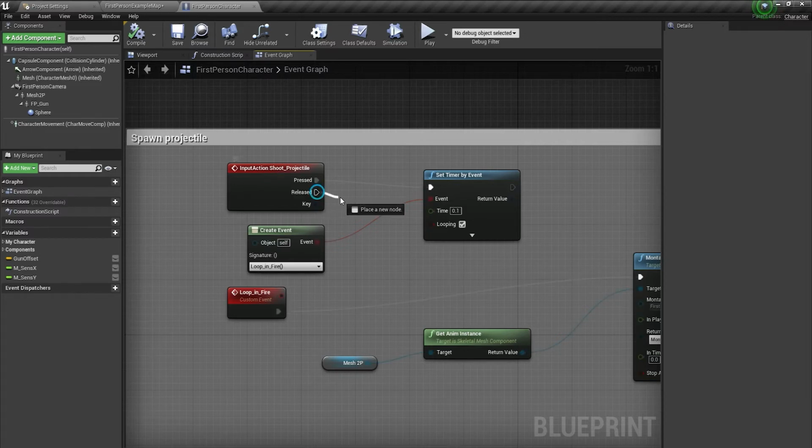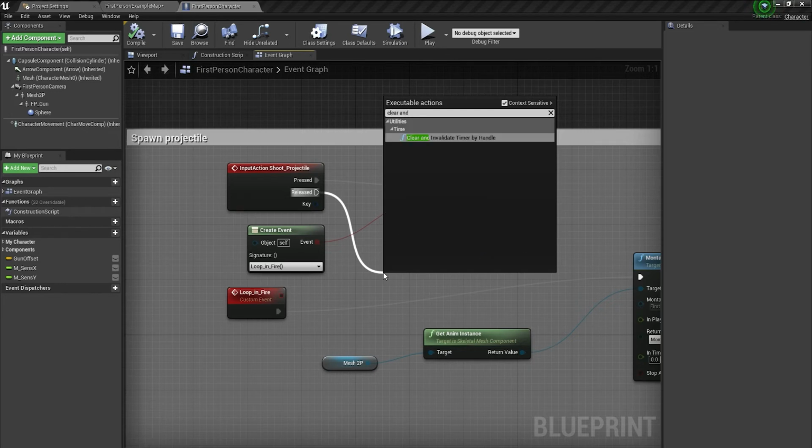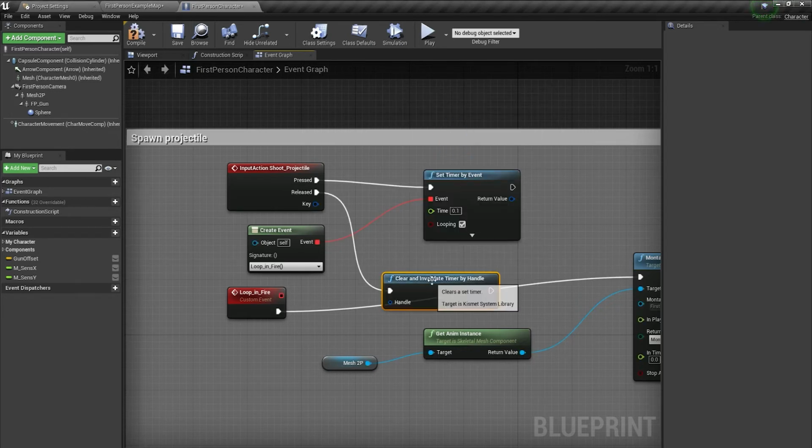So for this, just from here search for clear and invalidate timer by handle.